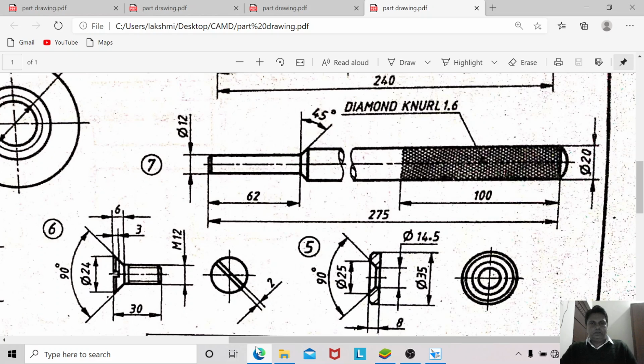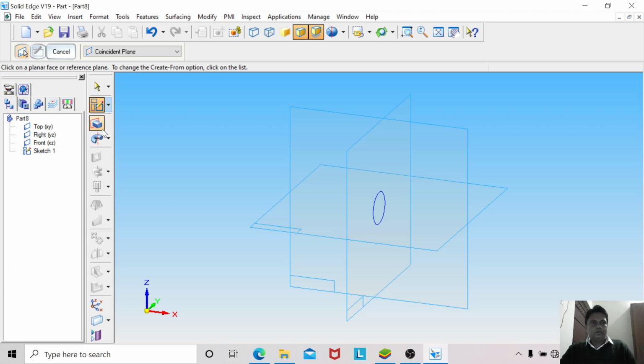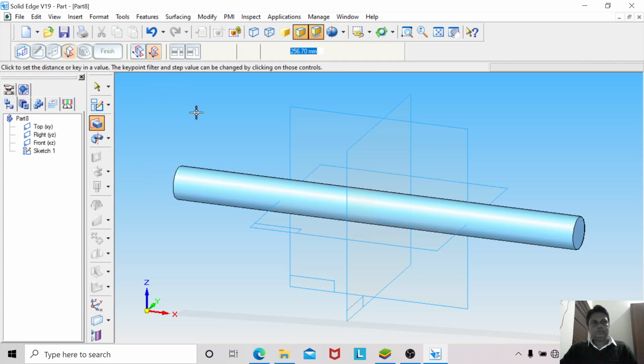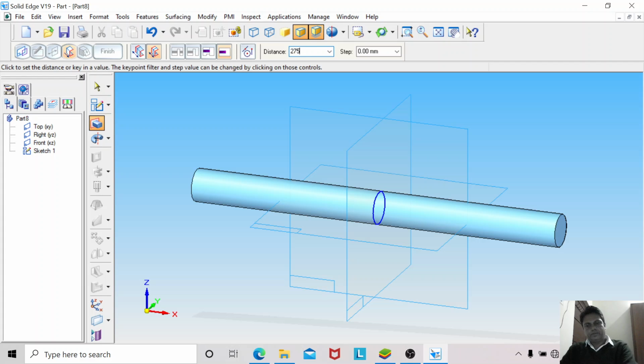And what is the length here? 275. 275 is the length